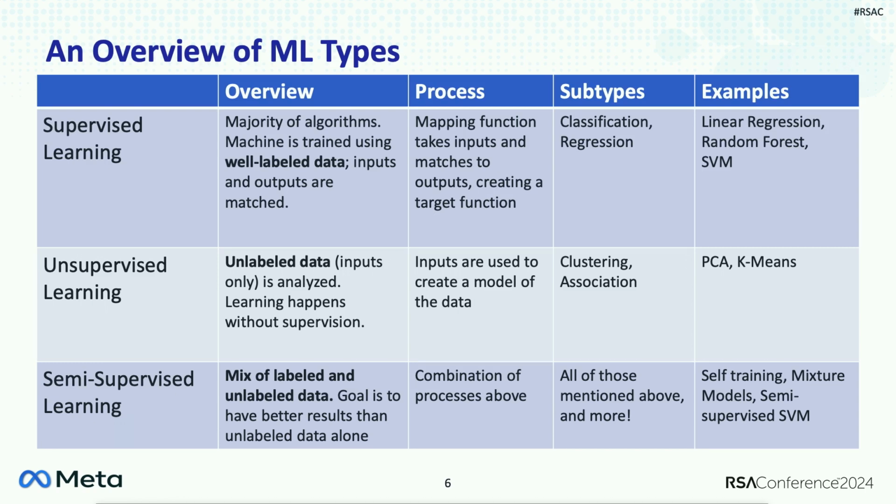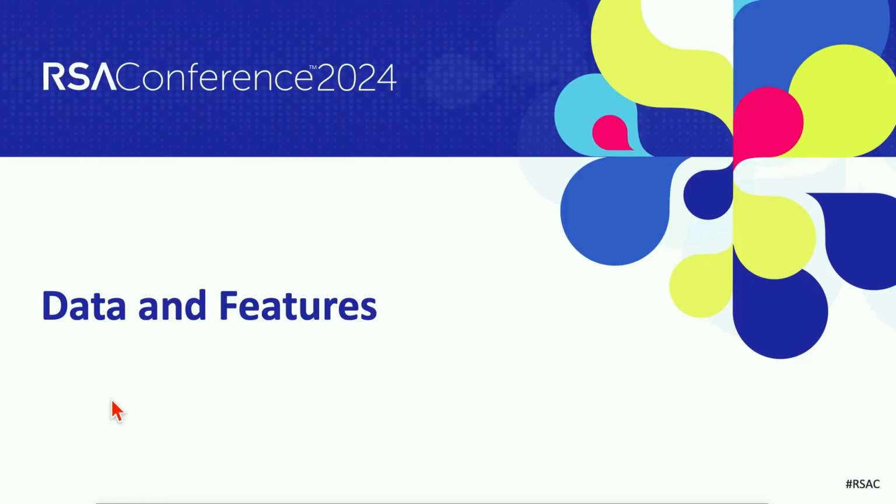Then you move into semi-supervised learning after you've gathered some labeled data, and so I like to do that through adversary emulation. And then finally, your ultimate goal is to go to a supervised learning model. But you can always start from something. And so with that, let's talk about data and features. So what actually goes into a model, and how do we decide, most importantly, what goes into a model?